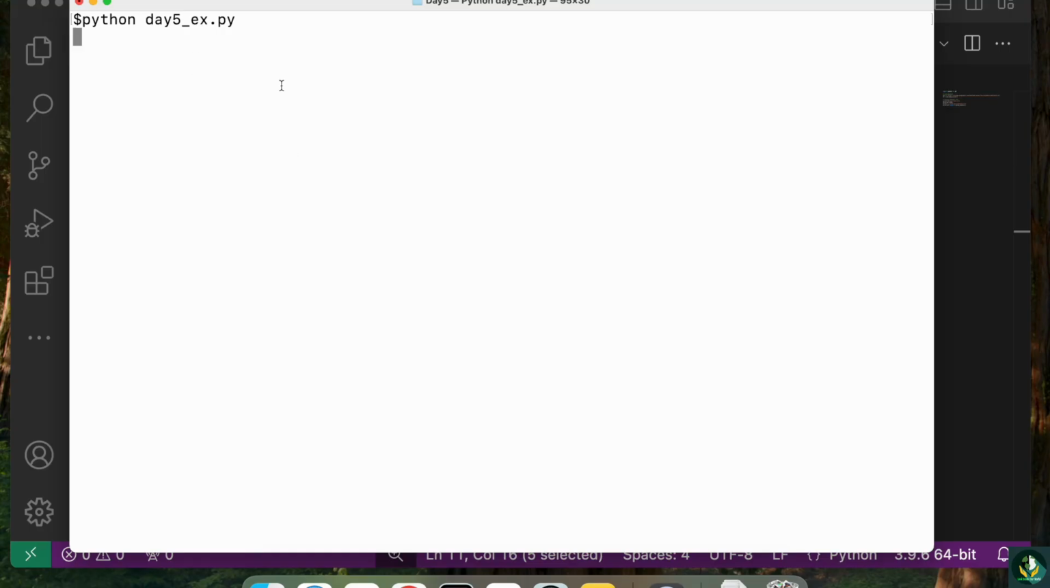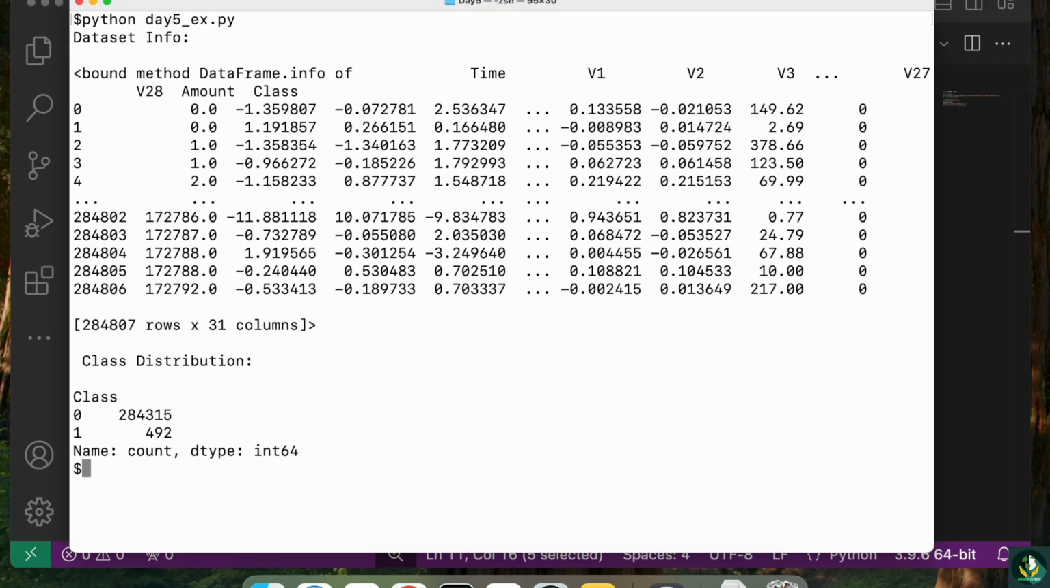It's going to first download it. It has a lot of data, so it takes a little while. So I'll pause it here and come back. And there you go. Once it's downloaded, we have the class distribution here, where you can see that non-fraud transactions